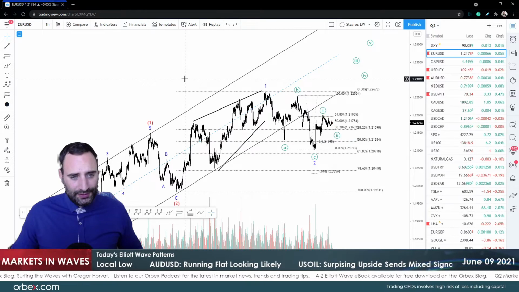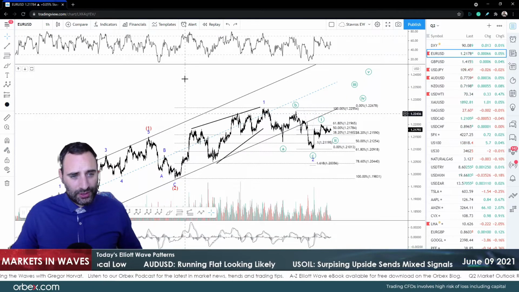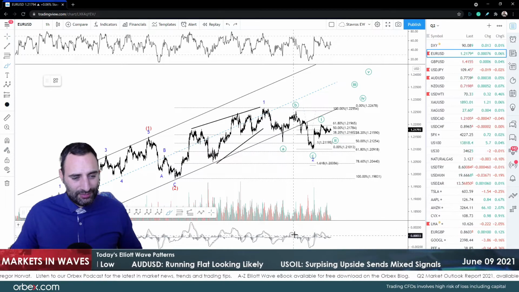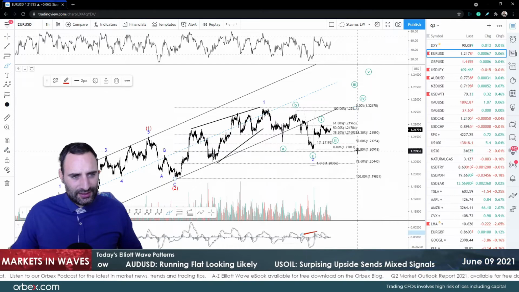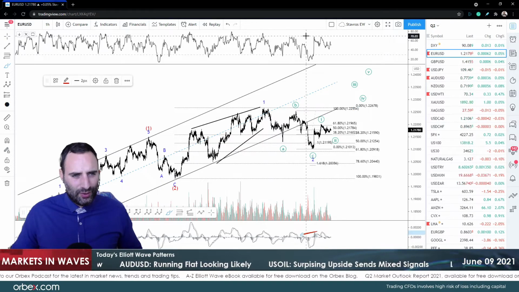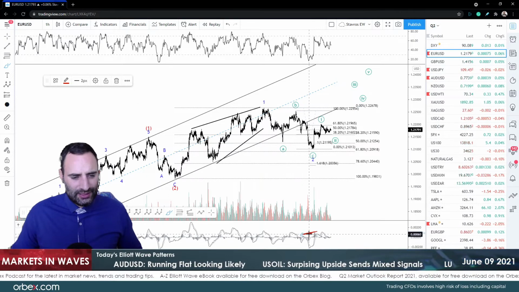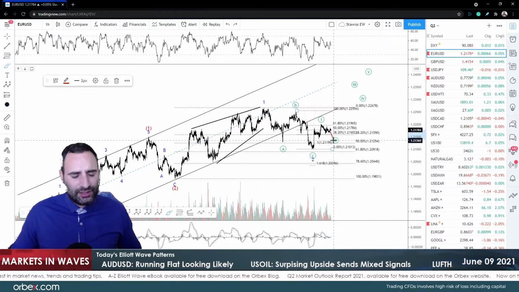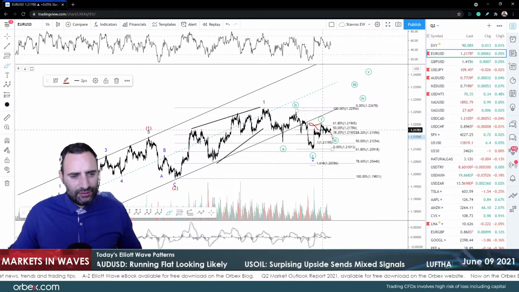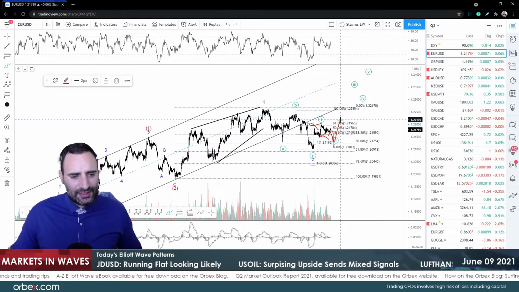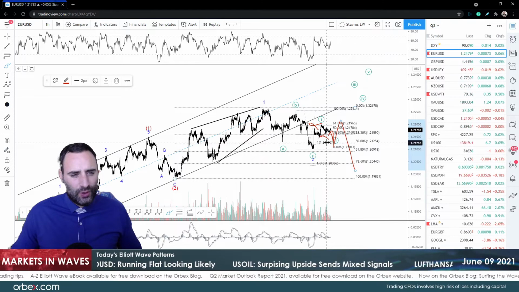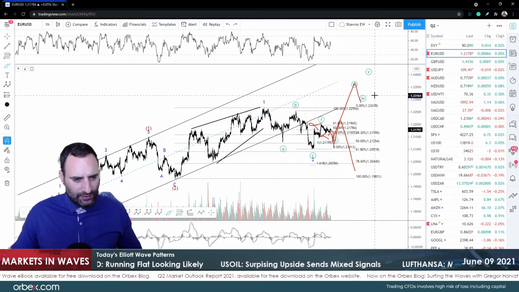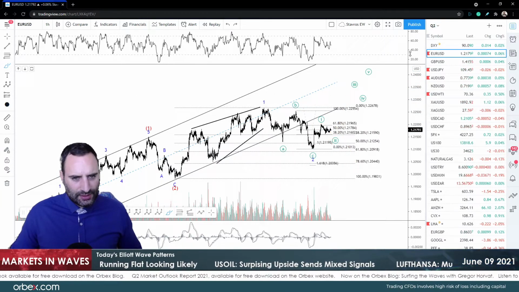So before we go to the next pair, let's have a quick look. What do we see on the RSI and MACD? We see pretty much nothing. Maybe there is a slight, very short-term signal. On the RSI, I wouldn't say anything, but on the MACD, at least I can see a hidden bearish divergence. That might be our wave B over here. A, B for an ABC, and then we're going to get the C and then either move lower or, in case we break above that level, then most likely it's going to be the 3, the 4, and the 5. I think that's a lot for the euro dollar.